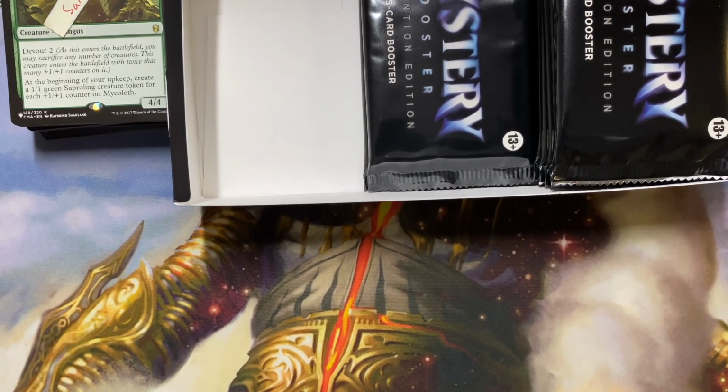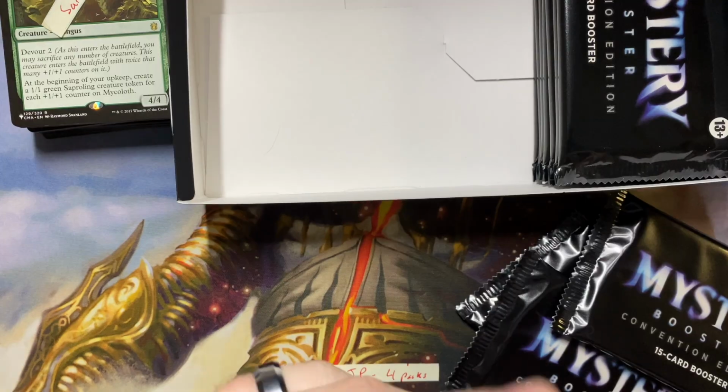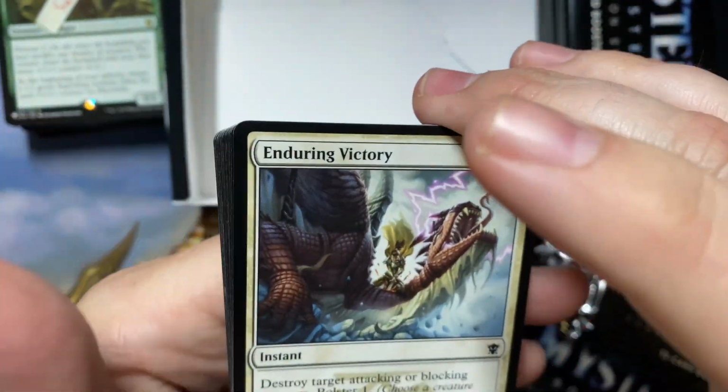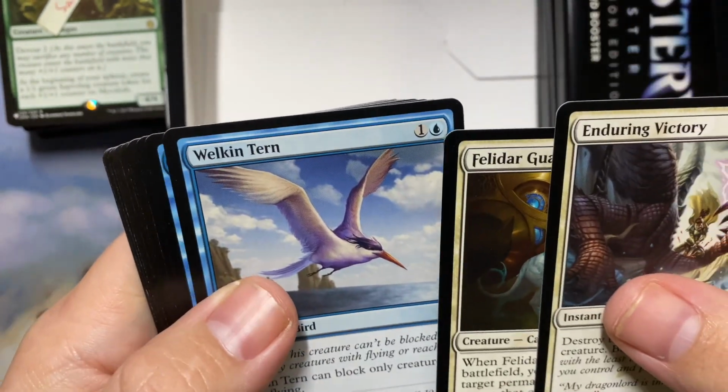Next, we have Mr. JP in for Quattro. All right, JP. Still up for grabs. The crypt has yet to be pulled. If there's one in this box, you're sitting in a pretty good spot here. Enduring Victory, a Feldar Guardian,